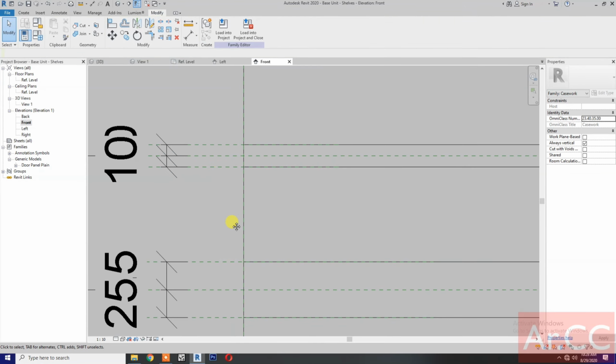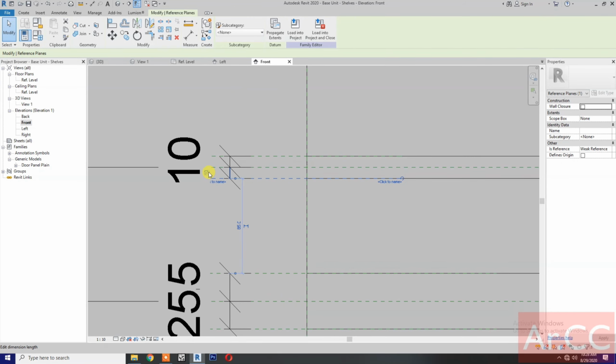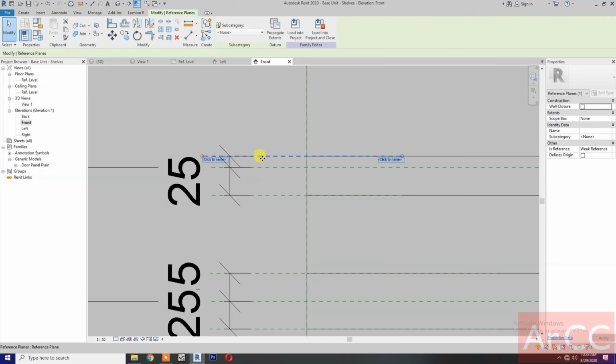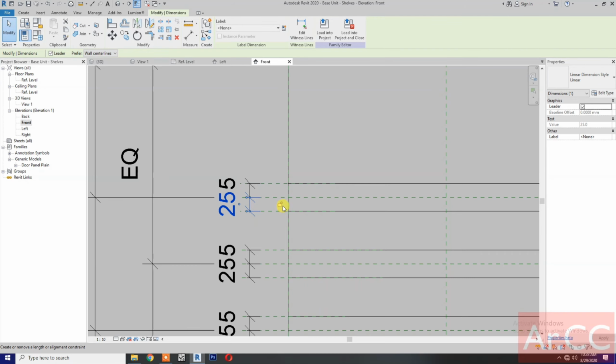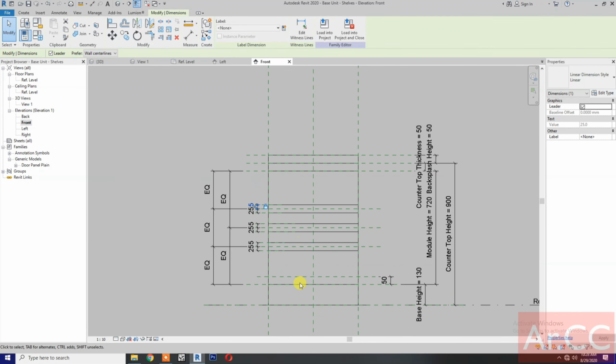Okay, then select the reference plane and change the dimension to 25 millimeter. Select and change the dimension to 25 millimeter. Select the dimension and lock. Okay,